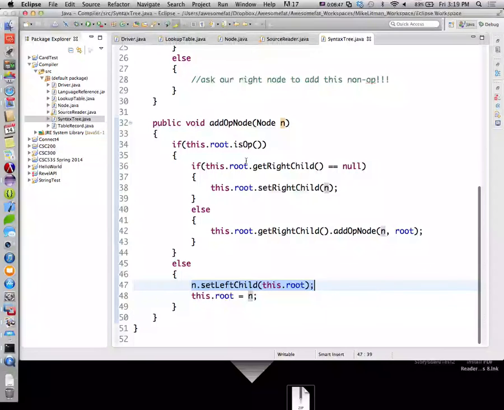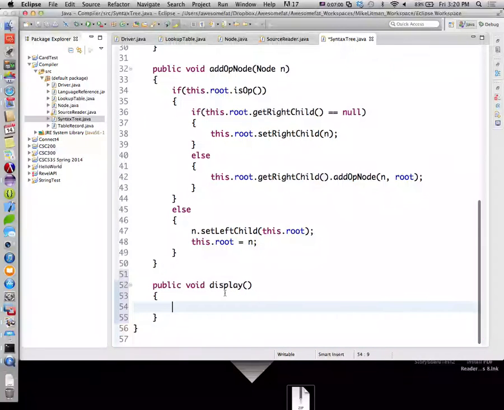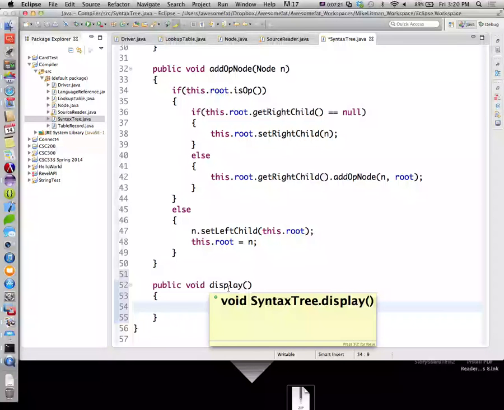Last thing we want to do is teach our tree how to display itself. Public void display. So this is our syntax tree. What does it mean for a tree to display itself? Well, it should probably show the root node, and then the root node would display its left and right, and each of those nodes would display their left and right. Does that make sense? So probably the quickest way to write a display method is to add a function to